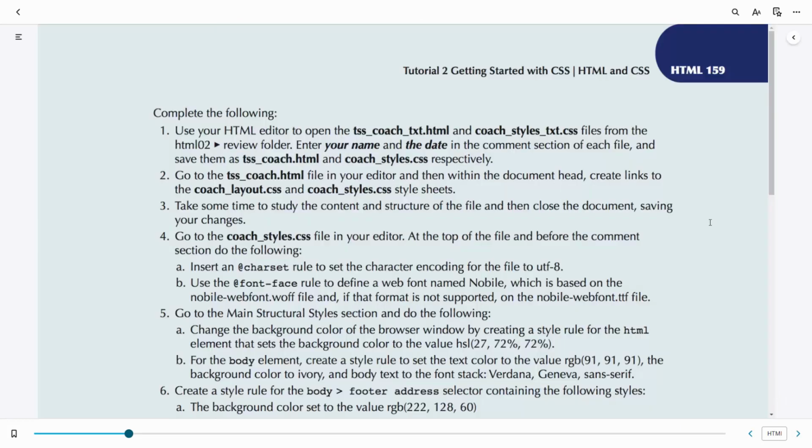So on the next page now, in step 1, you can see that we're asked to open up our HTML editor and open up the TSS_coach_txt.html and coach_styles_txt.css files from our HTML02 review folder. We'll put our name and date in the comment section of each of those files. And then when we save them, we want to remove the _txt portion of each name. So we'll end up with TSS_coach.html and